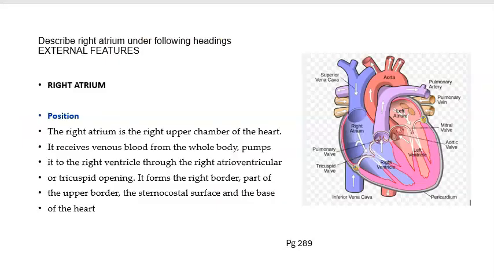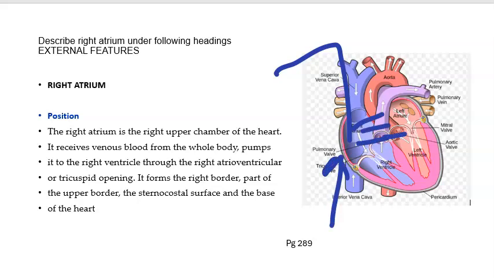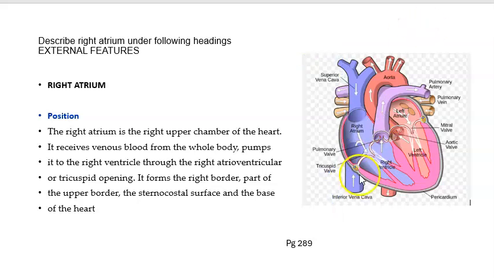The right atrium is something that receives blood from the body: superior vena cava, inferior vena cava. It receives even the cardiac veins themselves, which drain into the right atrium. So right atrium is receiving a lot of things. So any thrombus anywhere, it will reach right atrium, correct? In the heart, first place it will reach is the right atrium. Okay, then